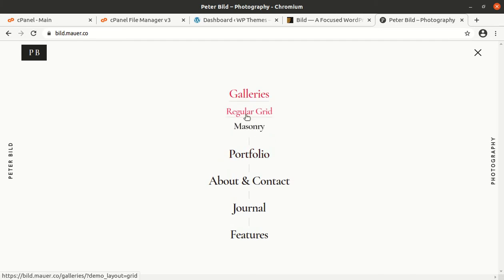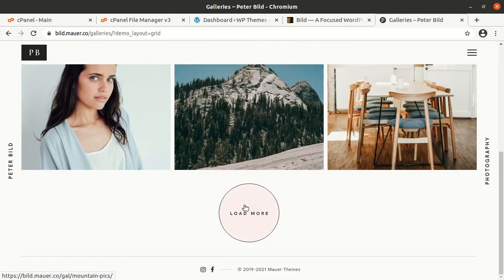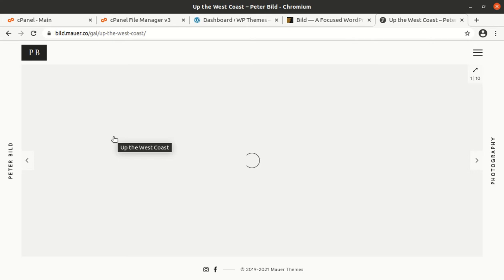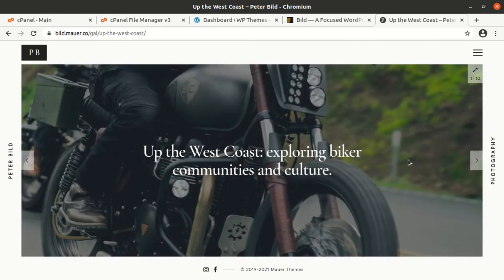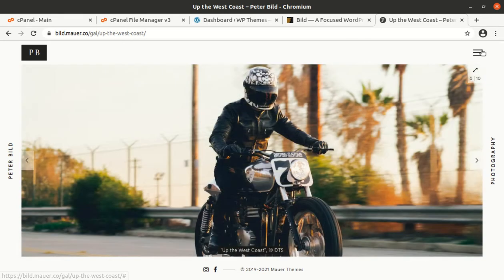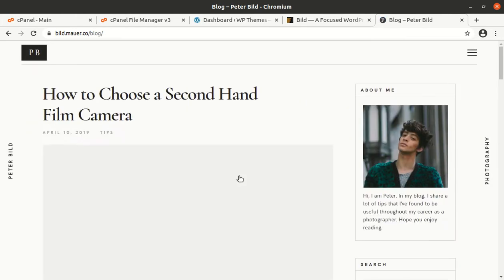So we can check the galleries, regular grid, and this is the gallery, and it has a very to the point look, and of course it is going to bring more attention of visitors on the photographs rather than talking or showing anything else. And in any category the visitors can watch the photographs only. So for showcasing photographs it is a great theme, and there are